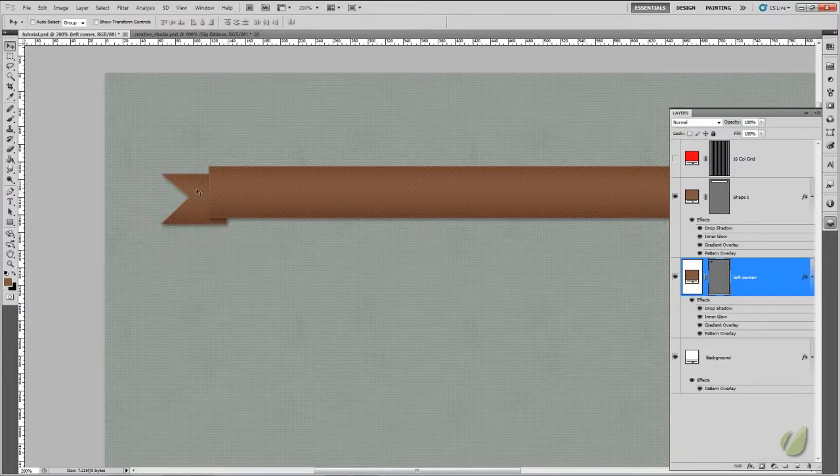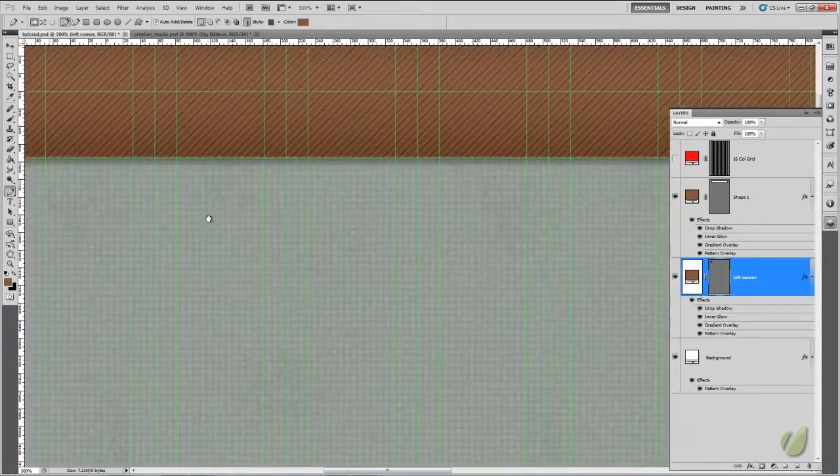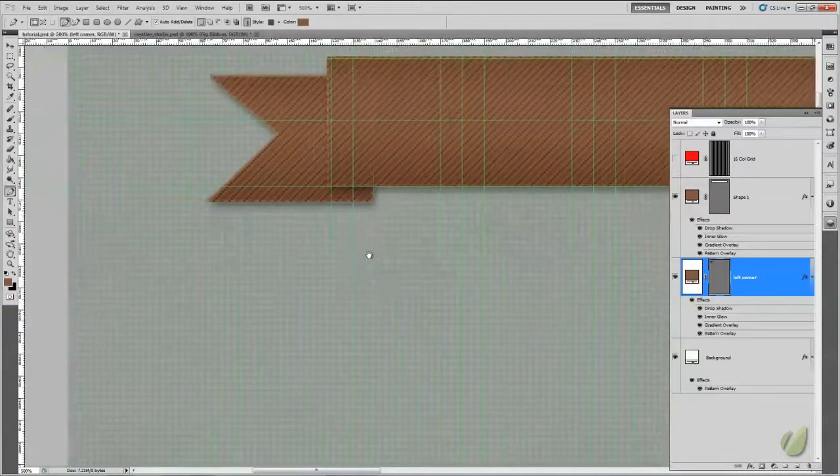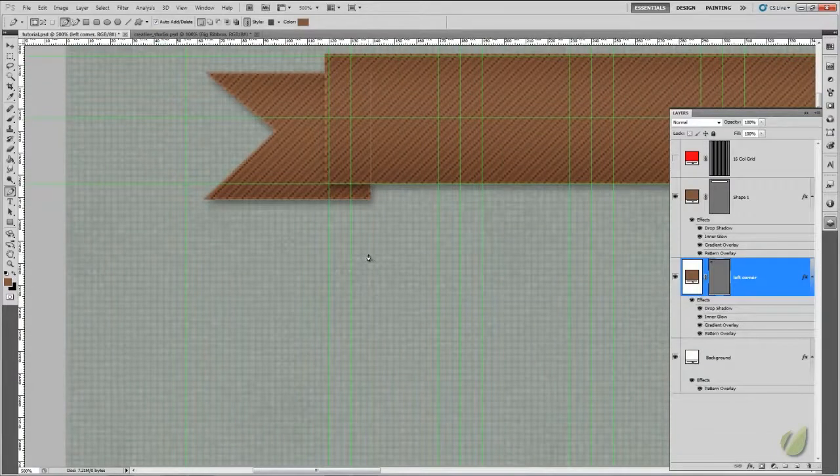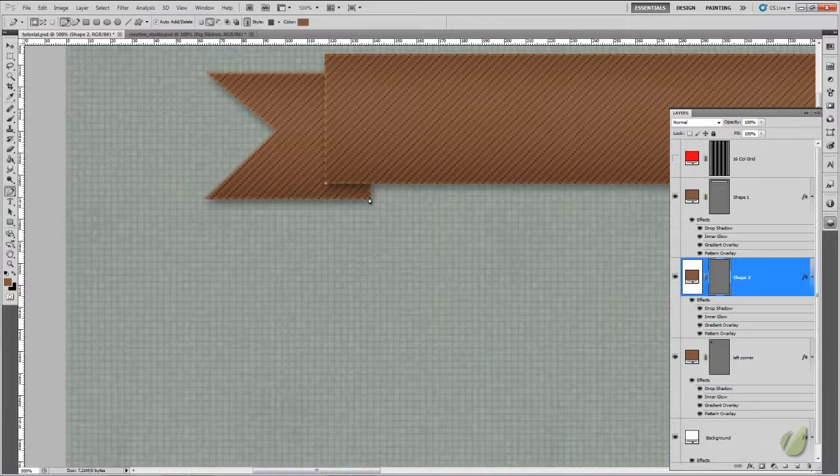Then we're going to finish off with a little bit of a drop shadow here as well, a blurred shadow. Okay, so with the pen tool selected again, no need to create a new layer because our shape layers will create it for us. So let's bring our guides back so we've got something to go by. Control plus to make that a little bit bigger so we can see more clearly. So we can hide our guides, actually. Okay, so if you click here and down to there, up to there,